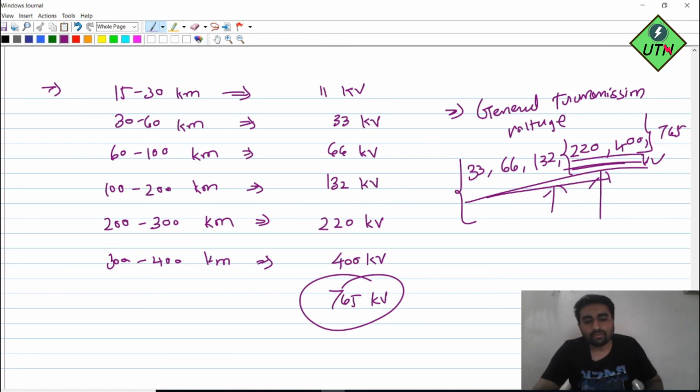So this is all about the voltages that we have, and we have also answered till what voltage we should go. Basically, the amount of voltage depends on so many things. If we go further, it may happen that the cost of the switchgear or the cost of the conductors may increase. So many factors are involved in deciding the transmission voltage.